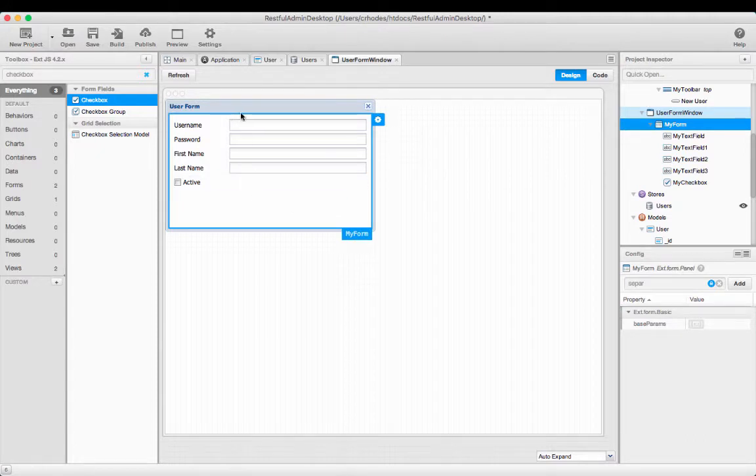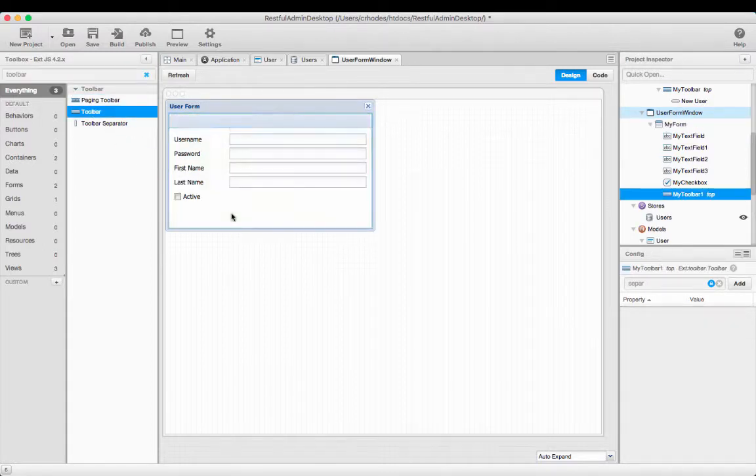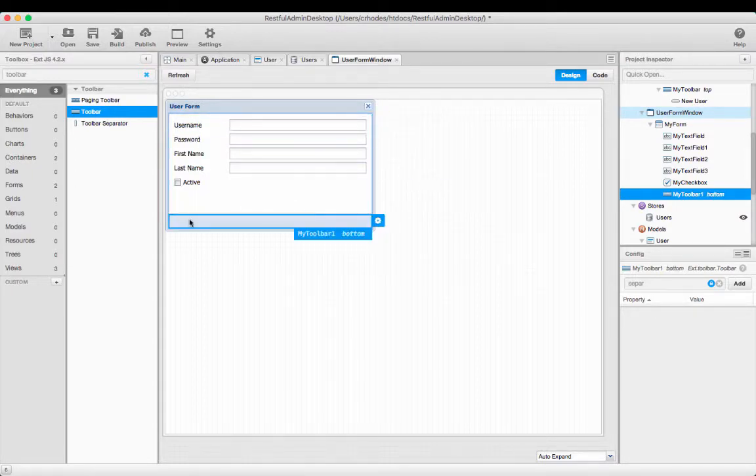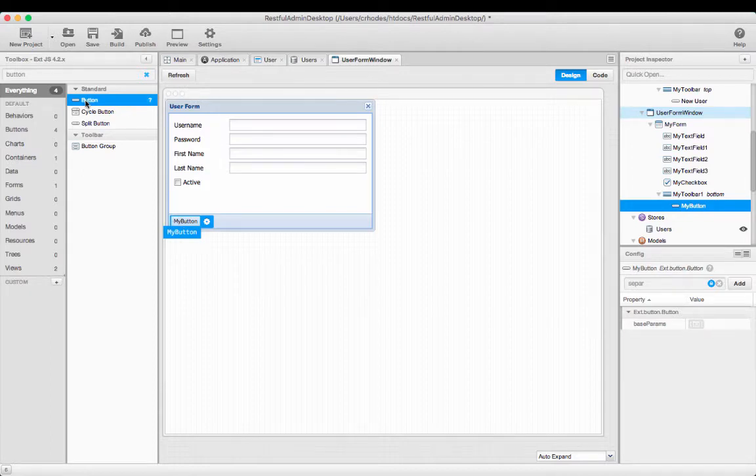And now we are going to need to add in another toolbar, and we're going to dock it to the bottom down here to hold our function buttons for save, cancel, and delete. So we'll go ahead and drag in a toolbar. We want to dock it to the bottom. Go ahead and add in our buttons for that. So buttons, so we'll need one for save, we'll need one for cancel, and then we'll need one for delete. So you can go ahead and do this. So that would be that. And cancel,